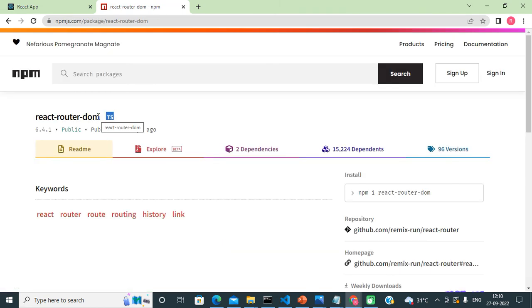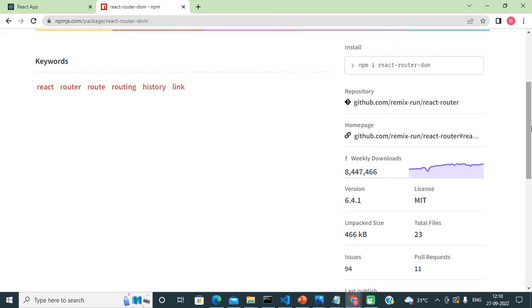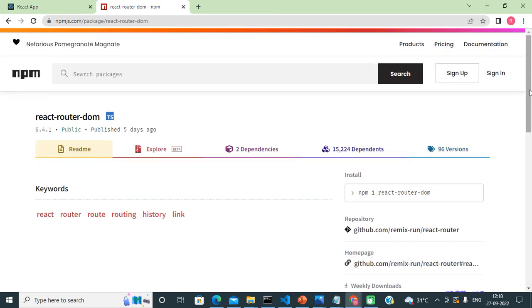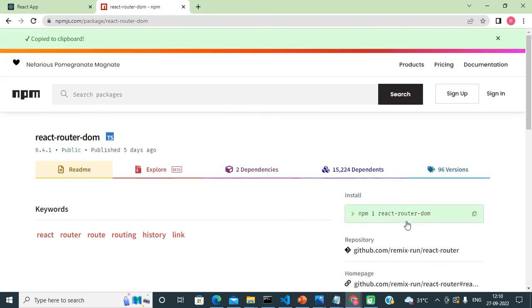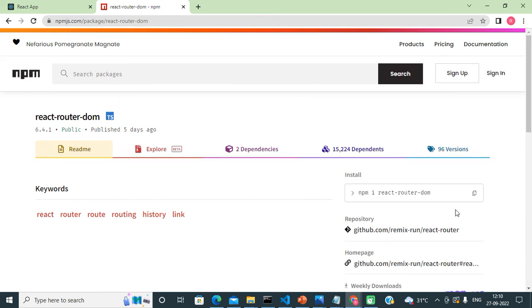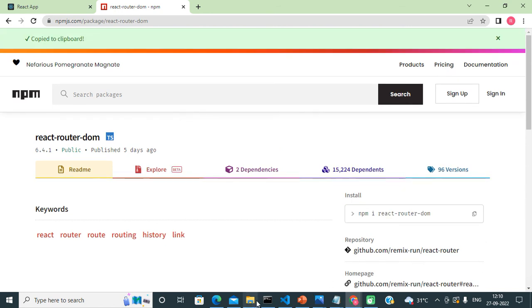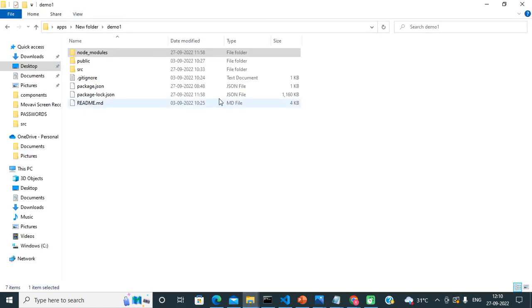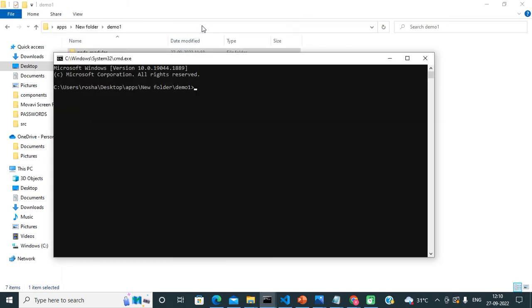After clicking on that, it will take us to the official website, and from here we need to copy this command, npm i react-router-dom. Then we come to our actual project directory, open the command prompt here and run that command.